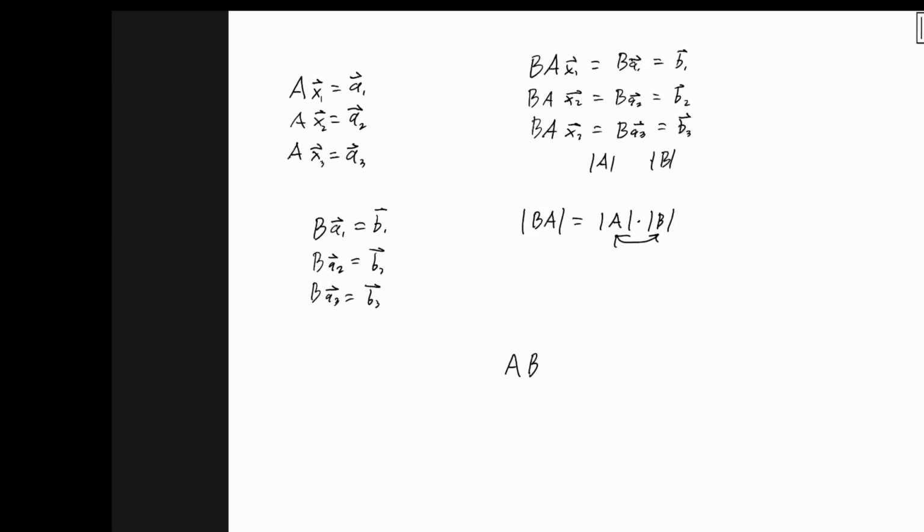So if I can take the determinant of A times B like that, then I know that this is the determinant of A times the determinant of B. And so if I can figure out nice, easy to work with determinants of matrices that will multiply together to get me what I want,